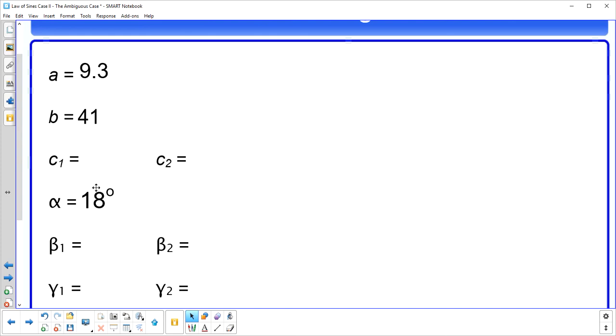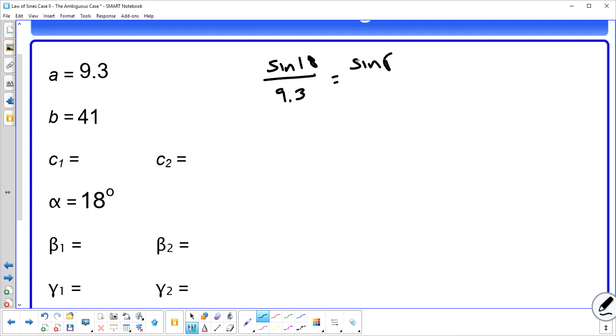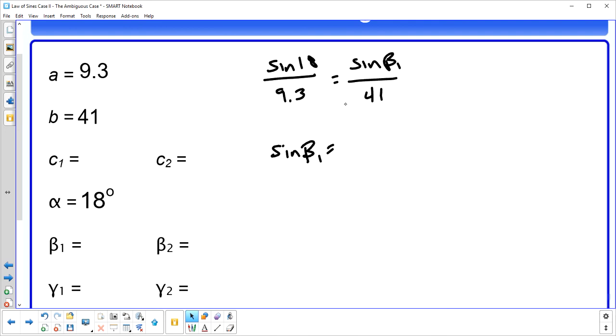Again, we have A, we have alpha, we have B, so we can start by finding beta. So we're going to say the sine of 18 over 9.3 is going to equal the sine of beta 1 over 41. Okay, now one thing, I look at this and I see that 41 is a lot bigger than 9.3, so I'm thinking beta 1, if it exists, it has to be a lot bigger than 18. So if I solve that, I'm going to get that the sine of beta 1, multiply both sides by 41, is